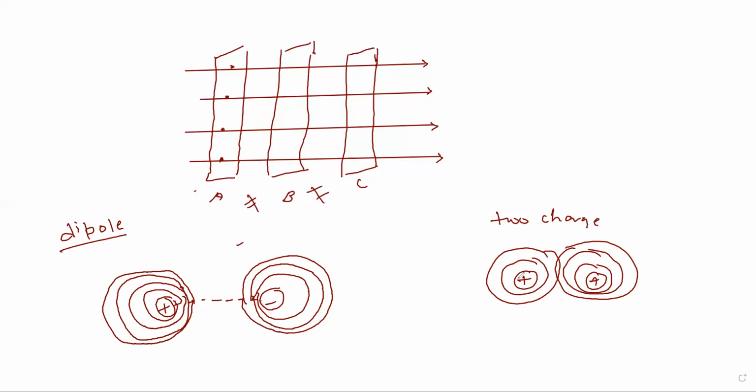So did you understand the difference? For a dipole, they are not in contact with each other, but they are slightly oval in shape and they are dense over here, in this portion. Whereas when you consider two same charges or like charges, they are in contact with each other. So this is all about the equipotential surface. You won't get many marks in equipotential surface. You may get the definition and just the explanation, or you may get the diagrams.